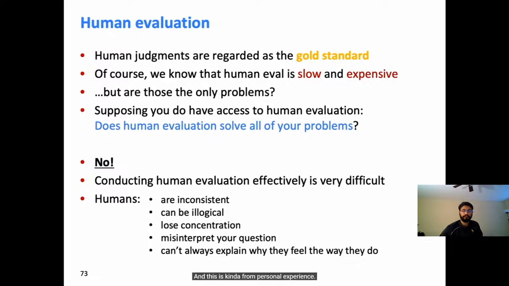And this is from personal experience. Conducting human evaluation in itself is very difficult to get right. It's not easy at all. And this is partially because humans do a lot of weird things. Humans are, unlike an automatic metric,